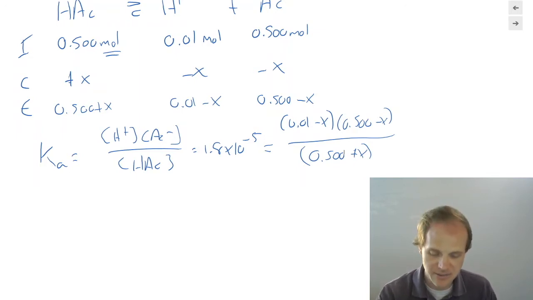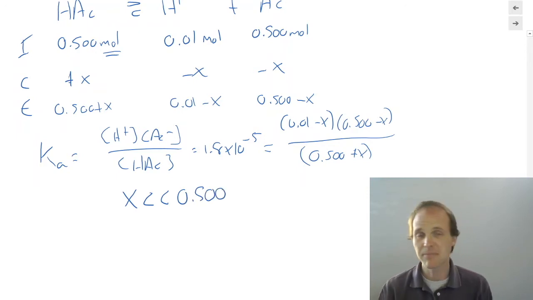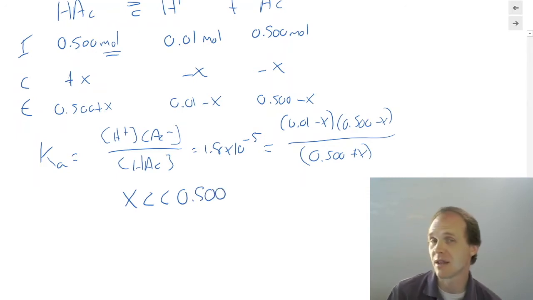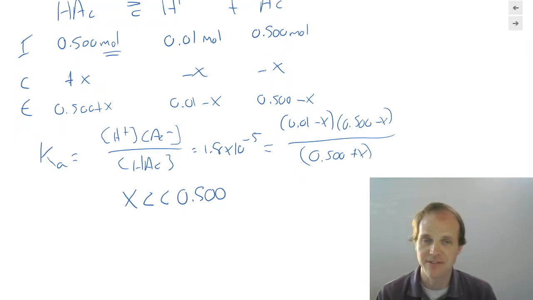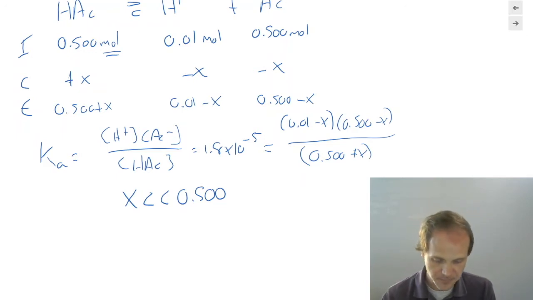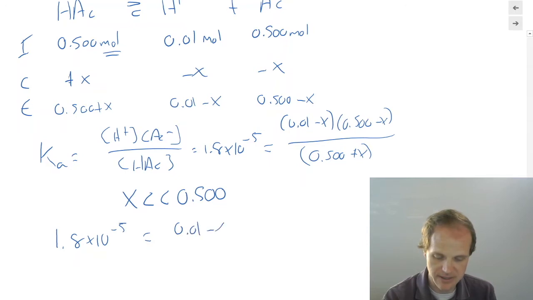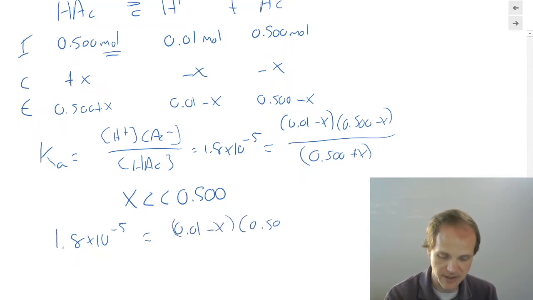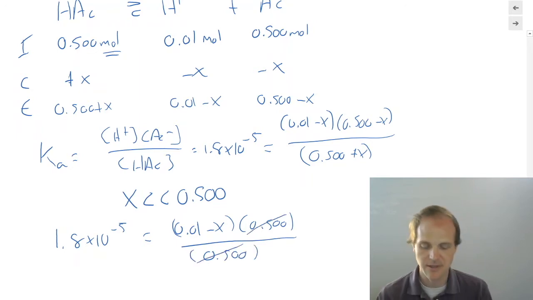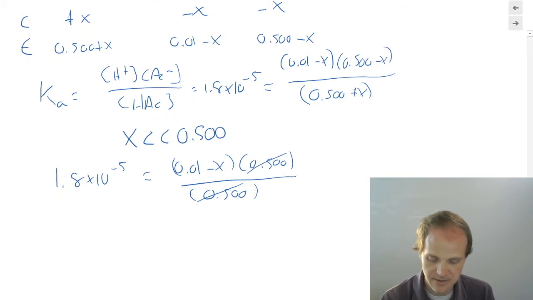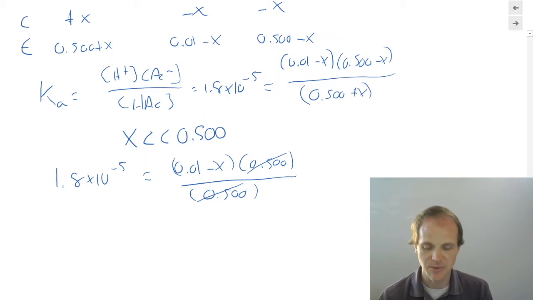And what we're going to say is x is small, much, much smaller than 0.500, but perhaps it's not that much smaller than 0.01. And so we're going to see what that assumption looks like. So this turns into 1.8 times 10 to the minus fifth is equal to 0.01 minus x times 0.5 over 0.5. Cross out, and we get that 1.8 times 10 to the minus fifth is 0.01 minus x. Right? 1.8 times 10 to the minus fifth is